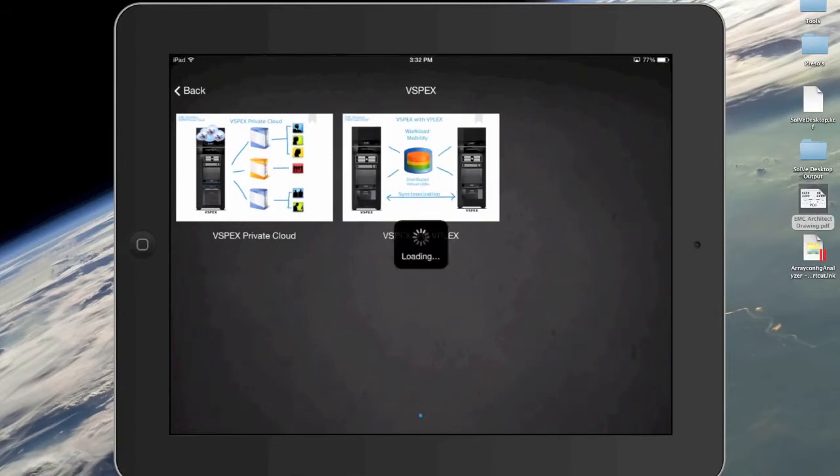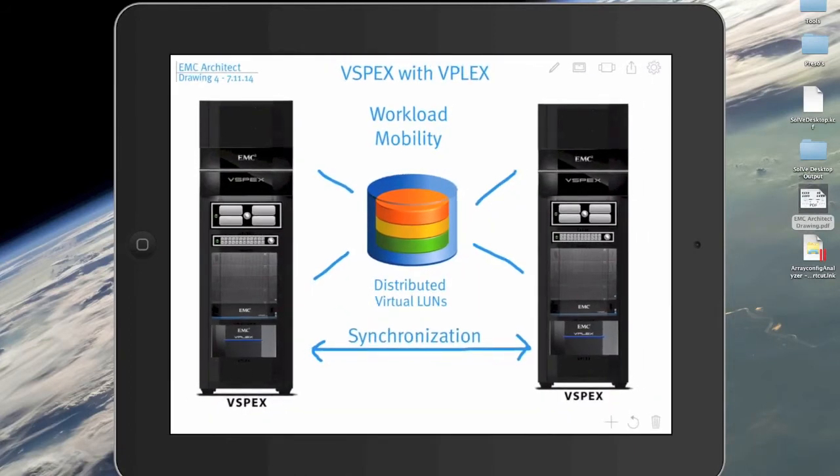So here's one with VSPEX. We'll take a look at the VSPEX one just as one to look at here. But you'll see in this one a combination of the tools that have been picked, as well as some freeform line drawing in the areas of things like synchronization and the lines going across here. But we can also do things like change some of these words around. We can change where they're positioned. All these pieces are dynamic